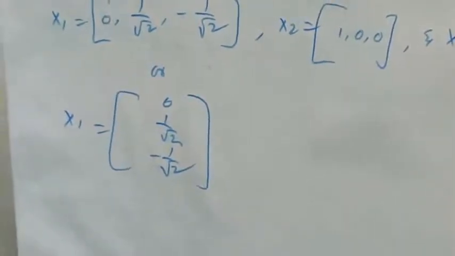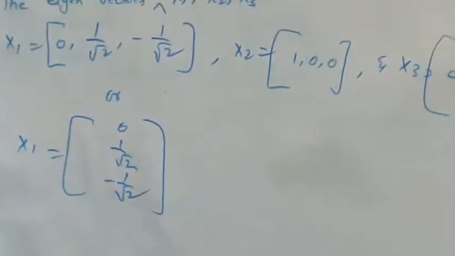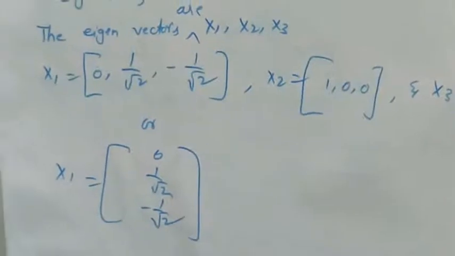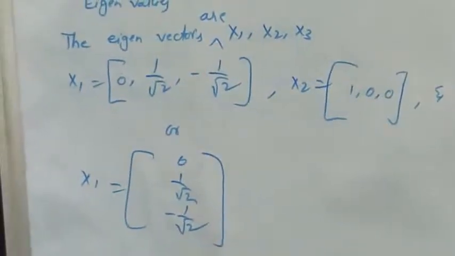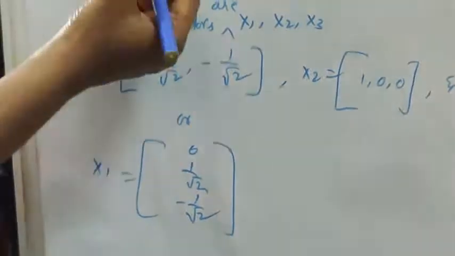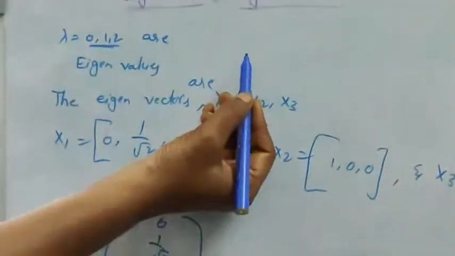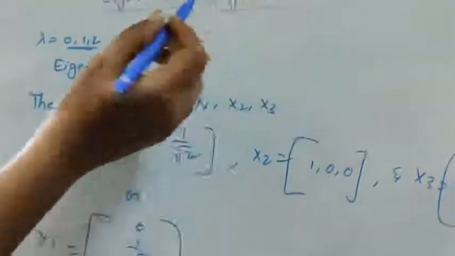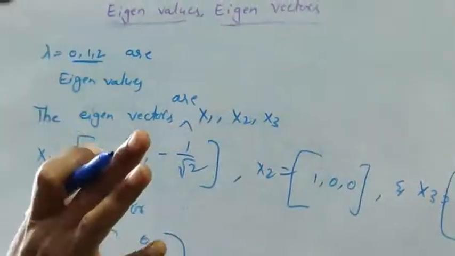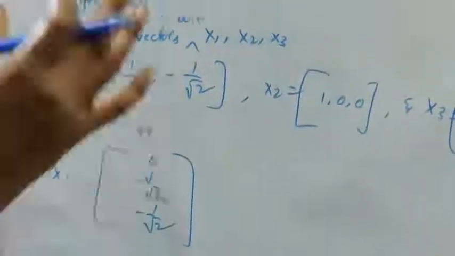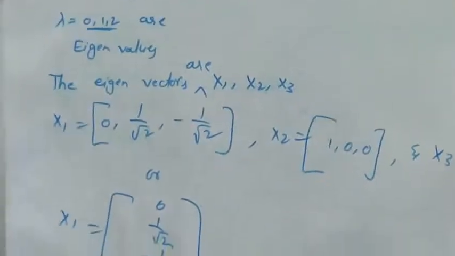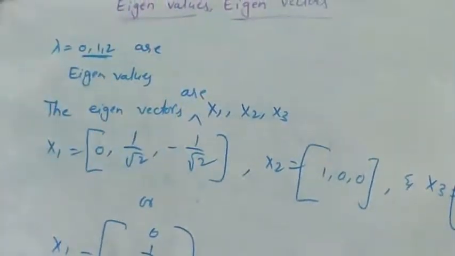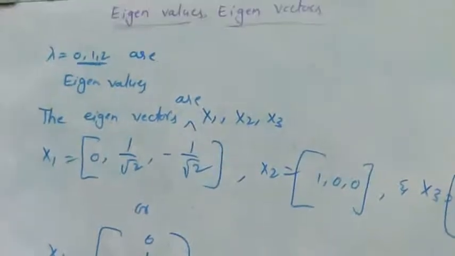In your syllabus they have given separate terms: eigenvalues, eigenvectors and characteristic equation. These three are not different; they are interrelated with each other. To find eigenvalues, we have to use the characteristic equation. To find eigenvectors, we have to use the eigenvalue equation. So once again, I will tell it in a step-by-step manner, because finding the eigenvalues and eigenvectors is very important for the exam. Without this question, no question paper will be there.